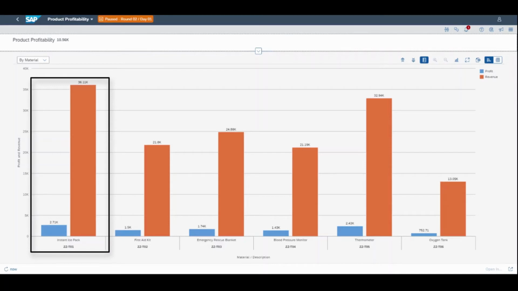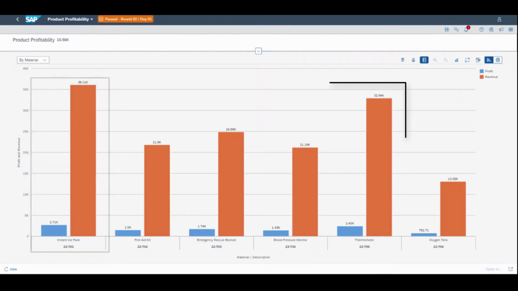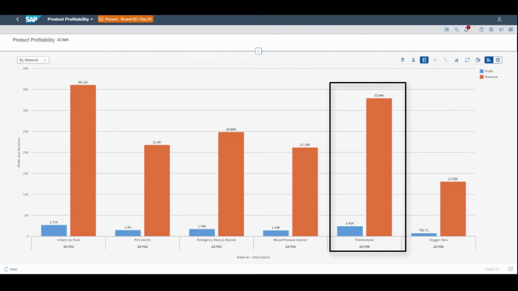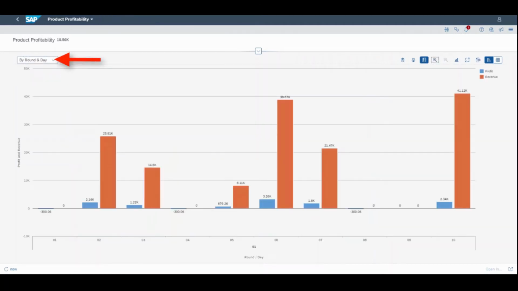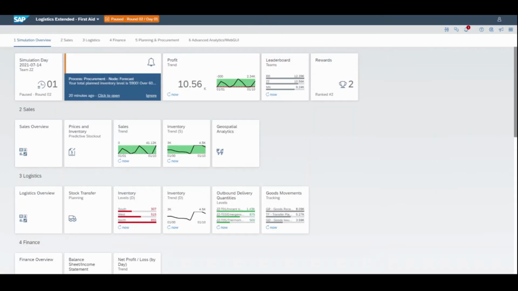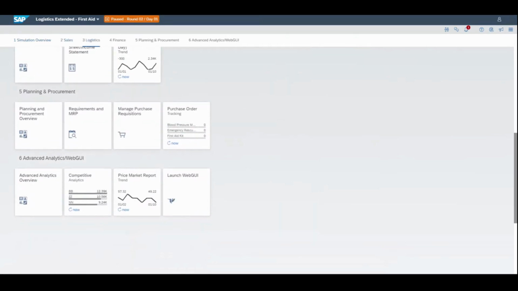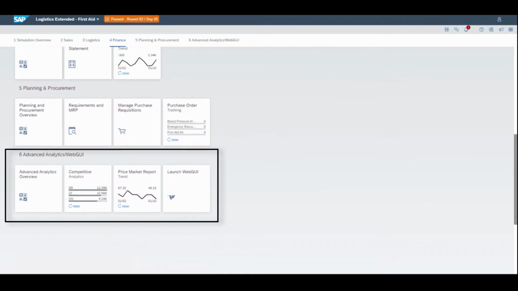For example, instant ice packs are the least expensive product here, yet they are the second in most sales and second most profitable, right after thermometers, which are significantly costlier. The current data, as well as this example, will differ for other simulations according to market demand. This report can also be viewed by round and day. Clicking on the top left dropdown will reveal revenue and profits made on a daily basis. Participants should explore the other sales reports and the ones within the Advanced Analytics row, which will assist in developing strategies to elevate and